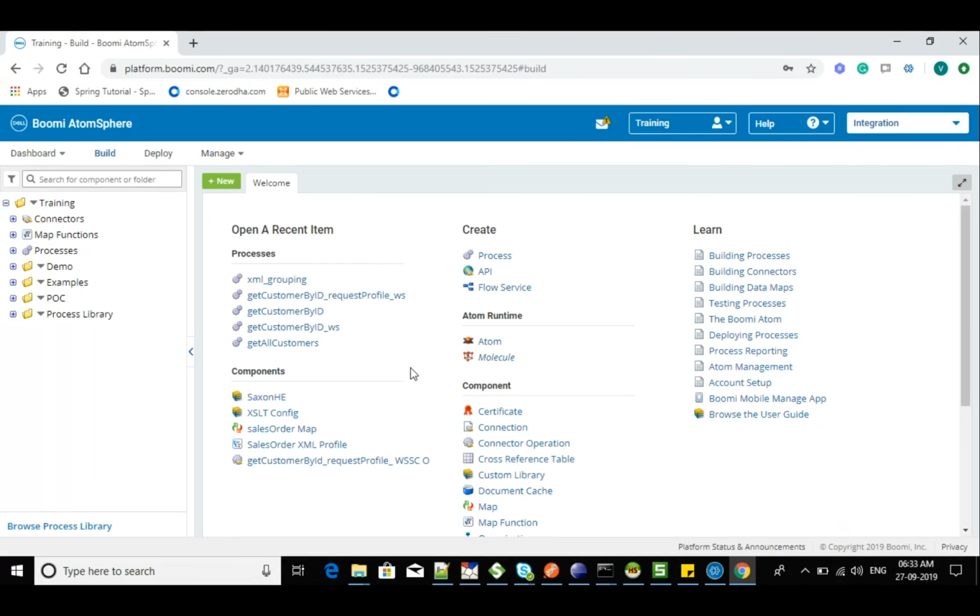Okay, in the last session, we saw how to work with web services for exposing them. Now we'll see how we can consume those web services. So far, for consuming web services, we have used Postman or SOAP UI, but we'll try to use